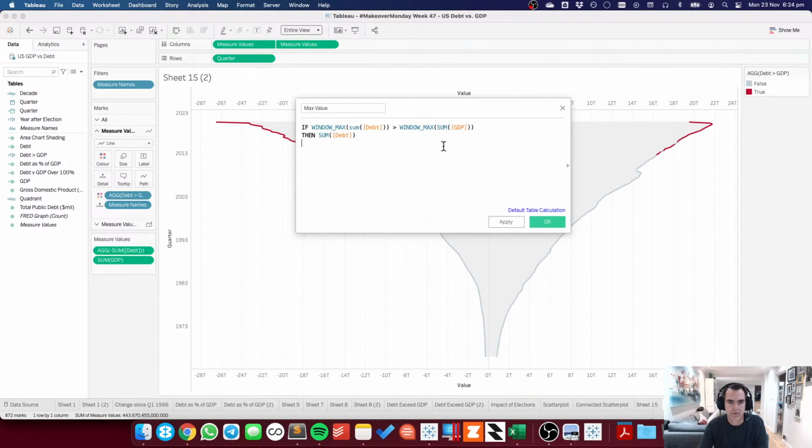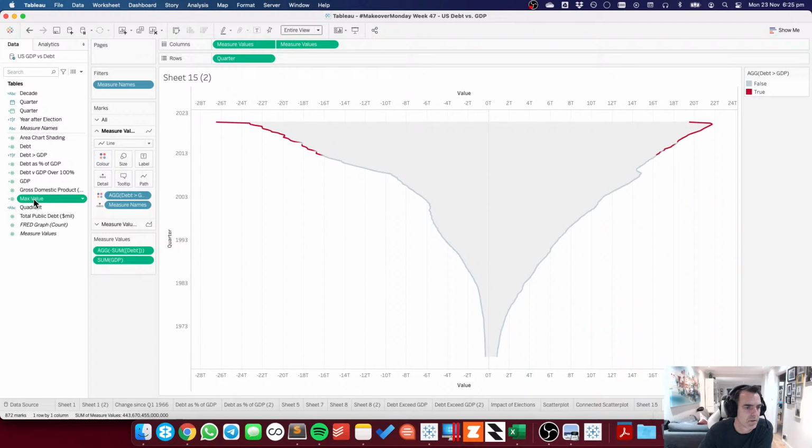Else window max. Window max. Else. Okay, so now what this should be able to do is to give me,